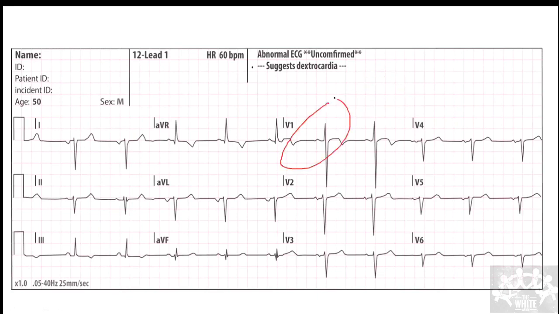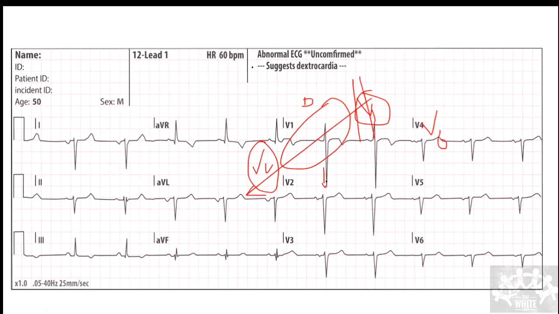So imagine this is my heart in dextrocardia. This is the chest sternum. So my leads are going to be placed in this direction roughly, V1 to V6. But then the electrical activity is going to be exactly opposite. It is going to be in this direction. So maximum I'm going to get in V1, and I don't have any lead here to measure any electrical activity, so this will be less.